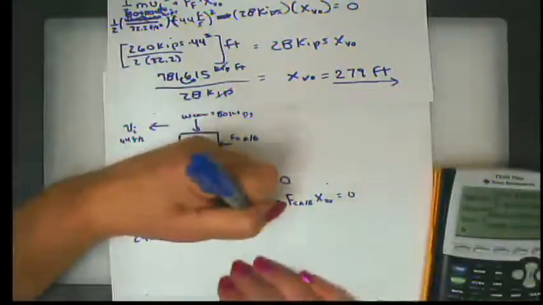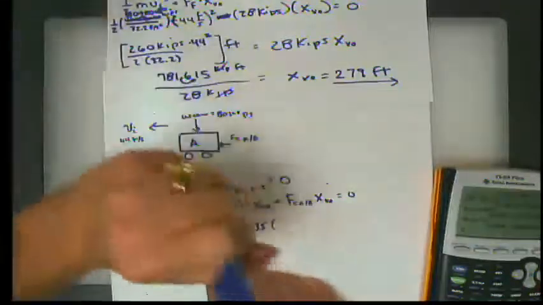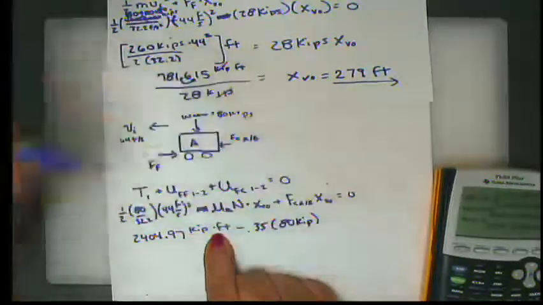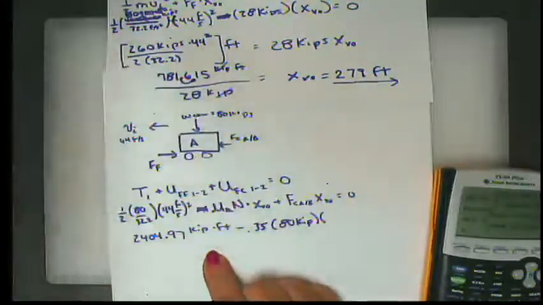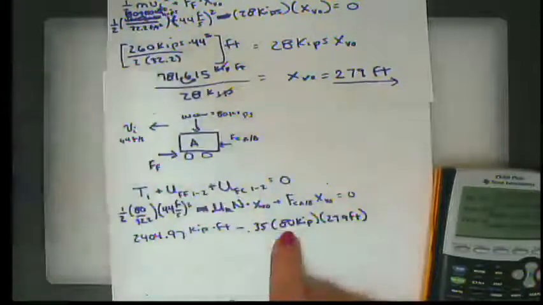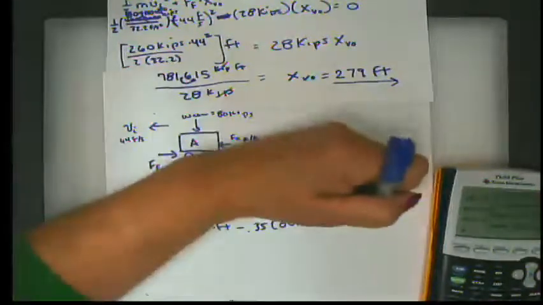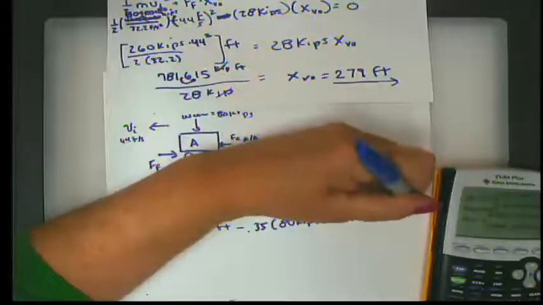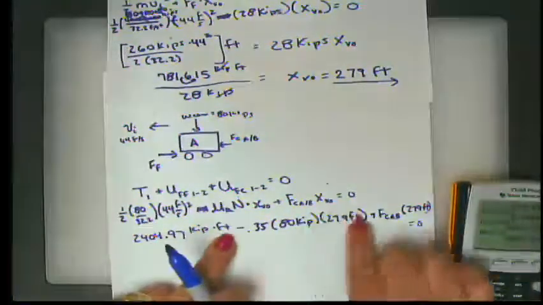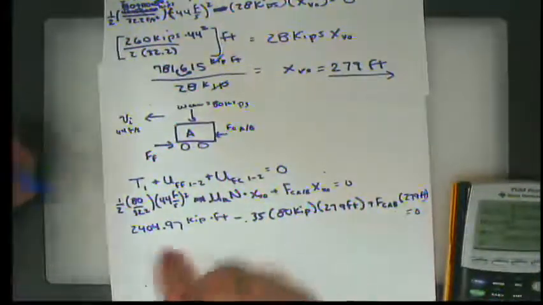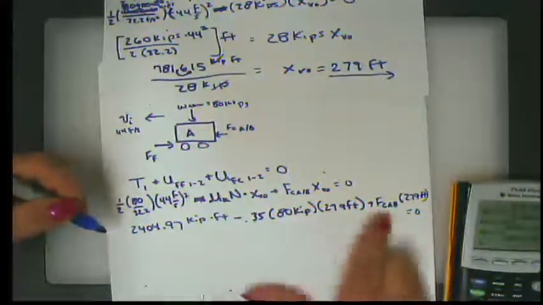Minus 0.35 times the normal force, and once again, that is an 80 kilopound train car, times the distance, which we determined to be 279 feet. So we're still good, kip feet, plus the force in the coupling between A and B, times that same distance, 279 feet, equals 0. So if I look at my units here, I have kip feet. So that means that the force in this coupling is going to come out in kips, which is a good unit for force. All right, so to solve for that,